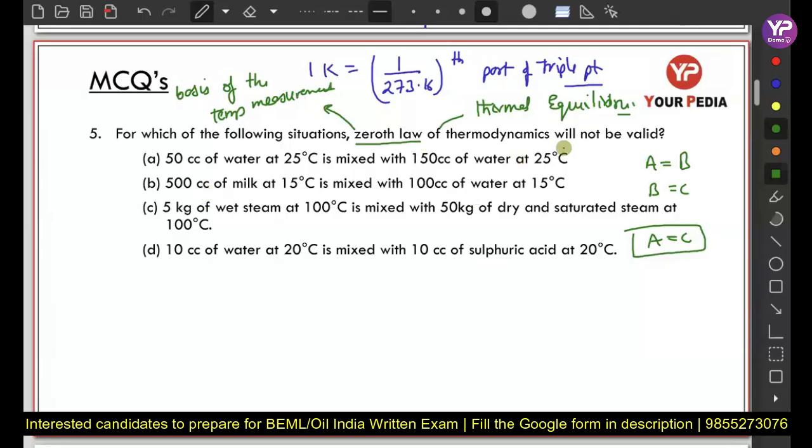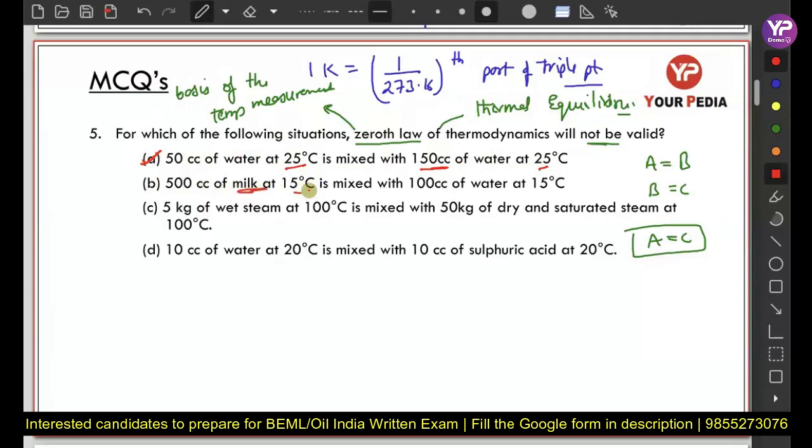Now just read the conditions under which the zeroth law will not be valid. 50 centimeter cube of water at 25 degrees Celsius is mixed with 150 centimeter cube of water at 25 degrees Celsius. Here you can see the temperatures are the same. So the zeroth law of thermodynamics is applicable here, because the same substance is there, water, and there won't be any chemical reaction taking place here. In the next case,